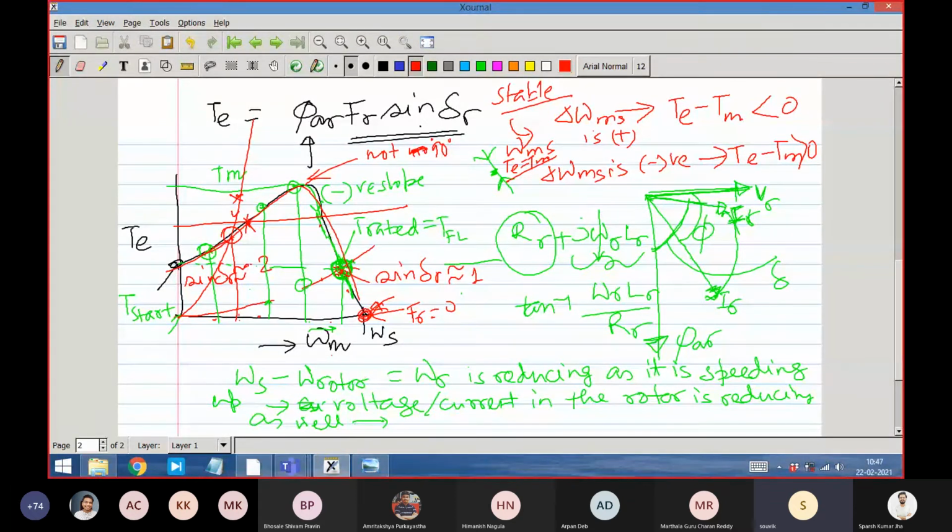Another problem is how does it start? Because initially I am showing that the mechanical torque is more than the developed torque at 0 speed. So how does it start? So one question may be asked, how does it start? Under such things there is a trick. There are some ways I can increase the initial developed torque. I am not teaching that. These are speed control, etc. I will come to that.